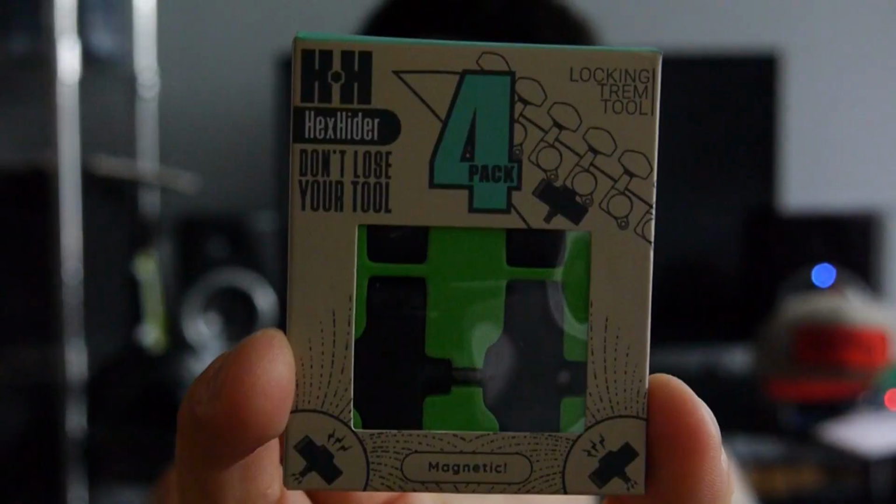I'm here to talk about a product that I got a couple months ago, and I liked it so much I had to buy more of them for more use because I like them. This is the Hex Hider. What the Hex Hider is